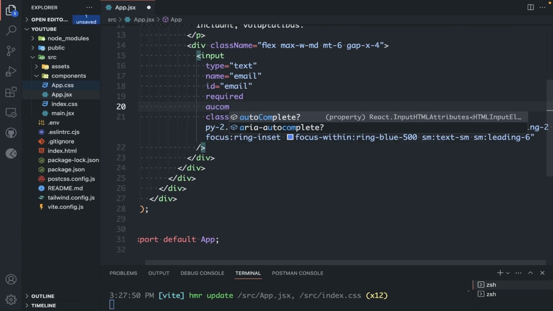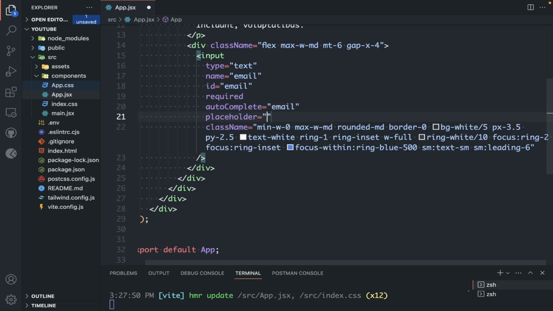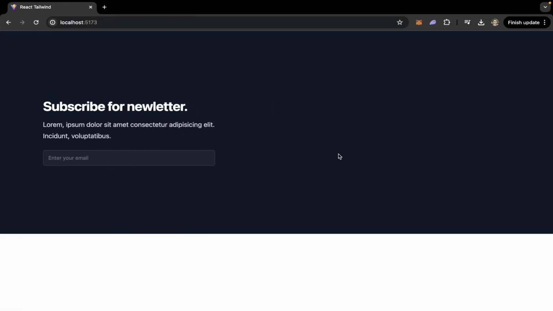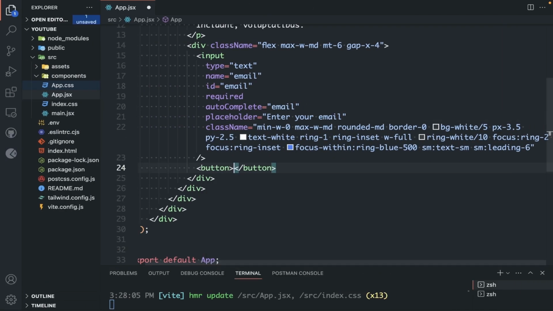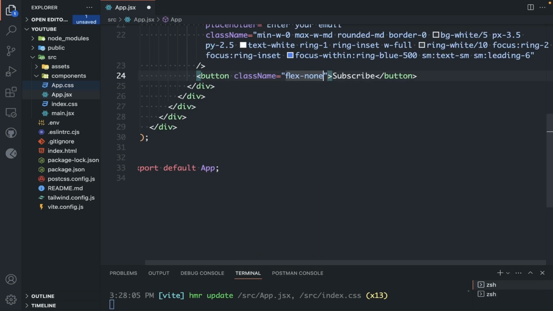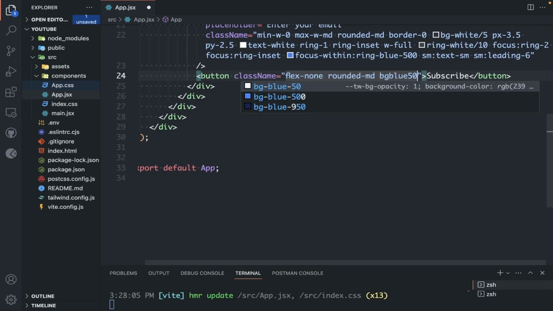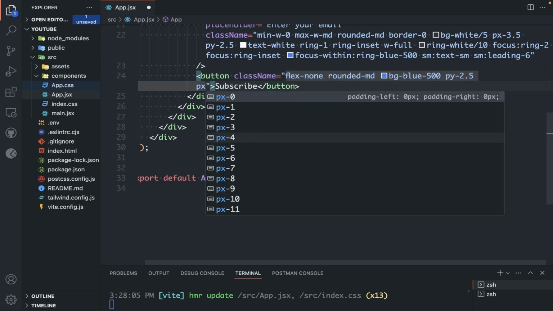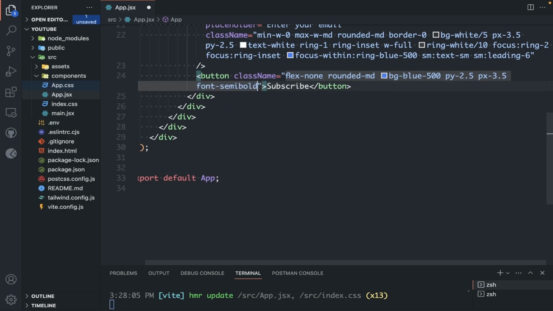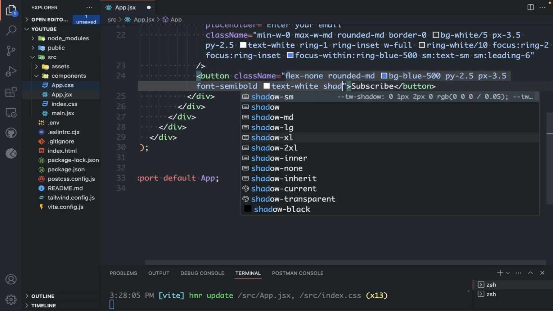Autocomplete will be email, and placeholder will be enter your email. Wow, great. Let's add the button. Subscribe, class, flex none, rounded md, bg blue. And to make the video a little bit speedier,